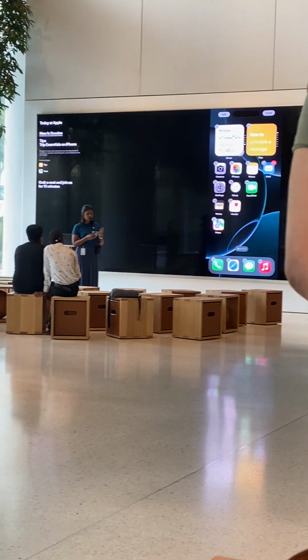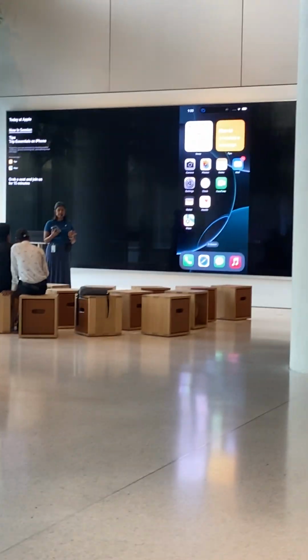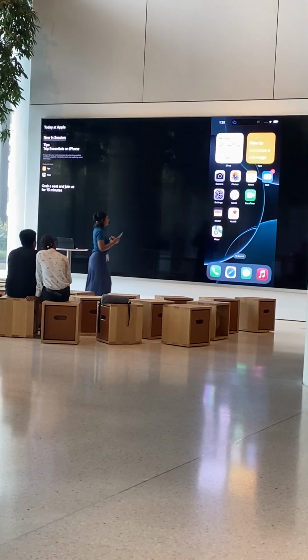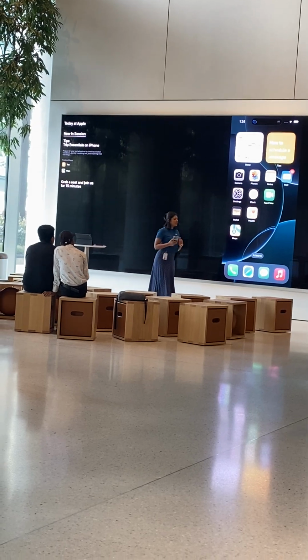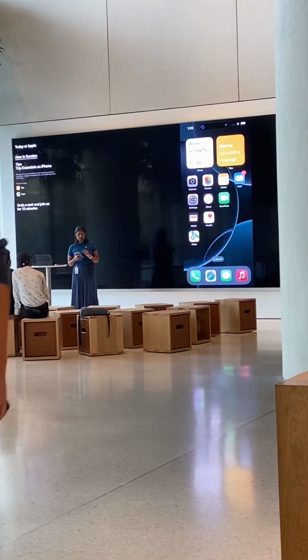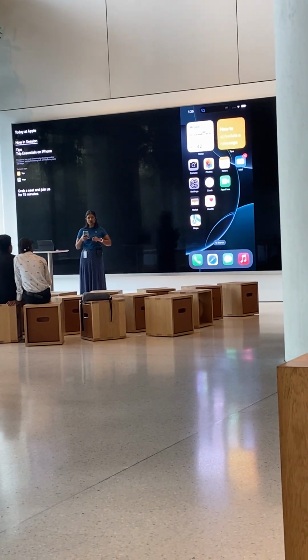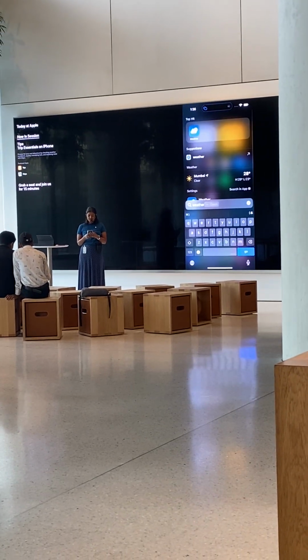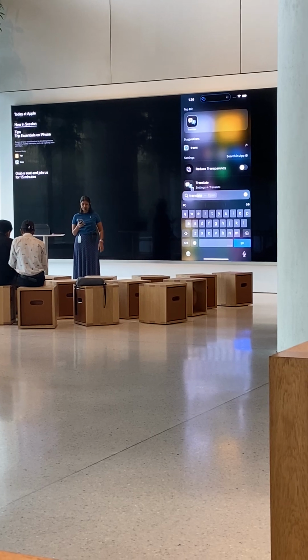Alright, so that is how you can use the weather app, very comprehensive app. You can plan out your travel trips accordingly. Let's now check out how you can use the Translate app. The Translate app is actually one of my favorites because you can do quite a lot in that. So let's just look for Translate.